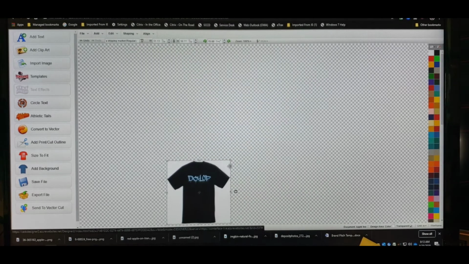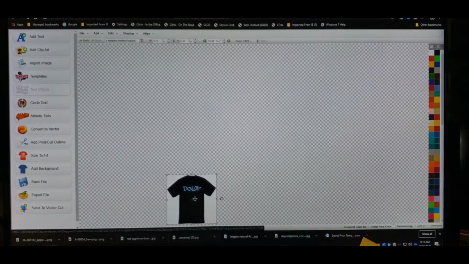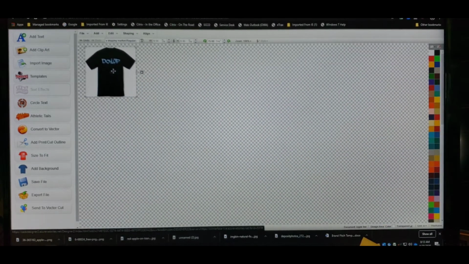I'm just gonna minimize it and throw it in the corner somewhere, because we might want to come back to that later. All right, now if you come over here to this left grid and scroll down to add background,